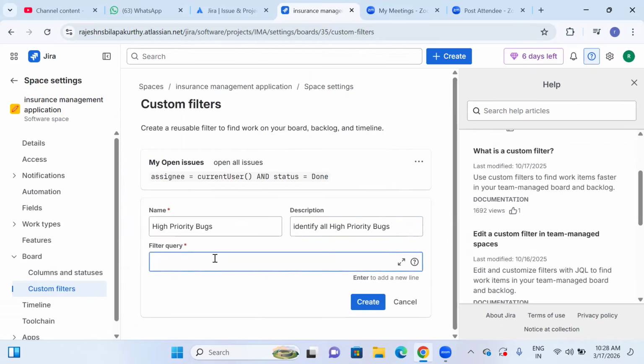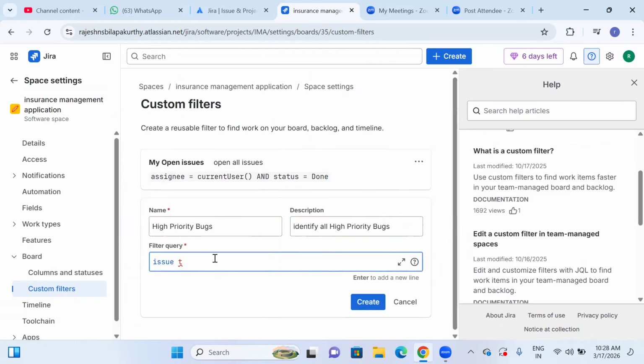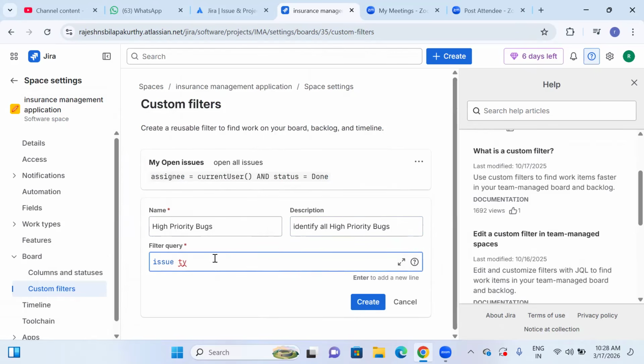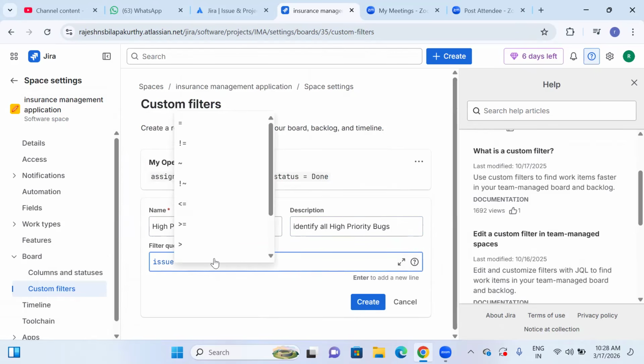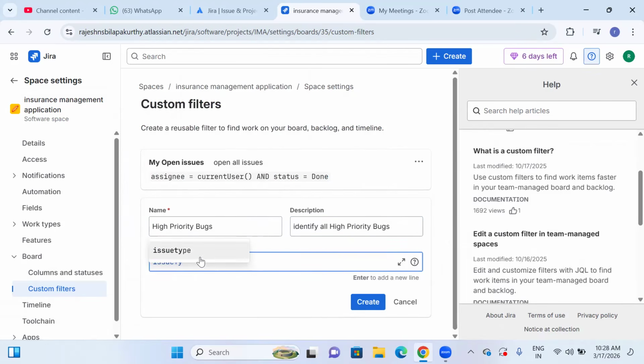That's important because, as part of JQL, this is required. We can start with issue type. That's important, which can be equal to